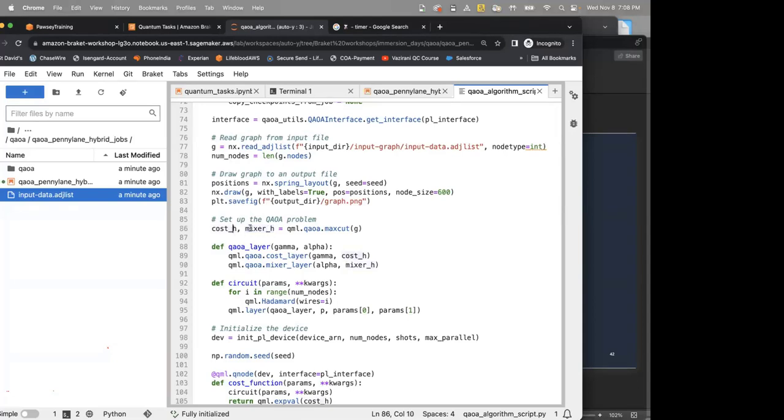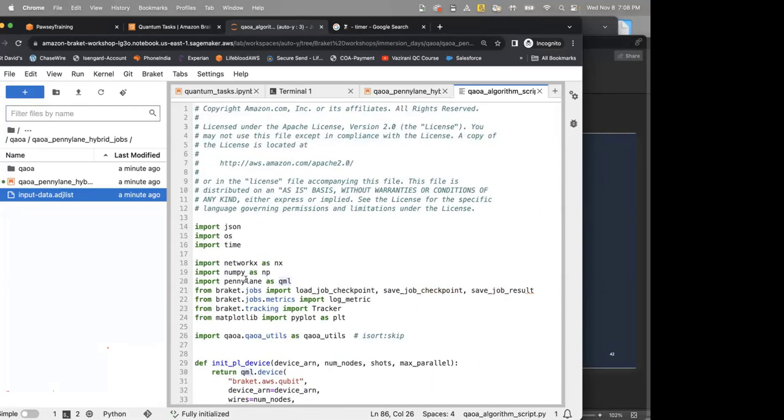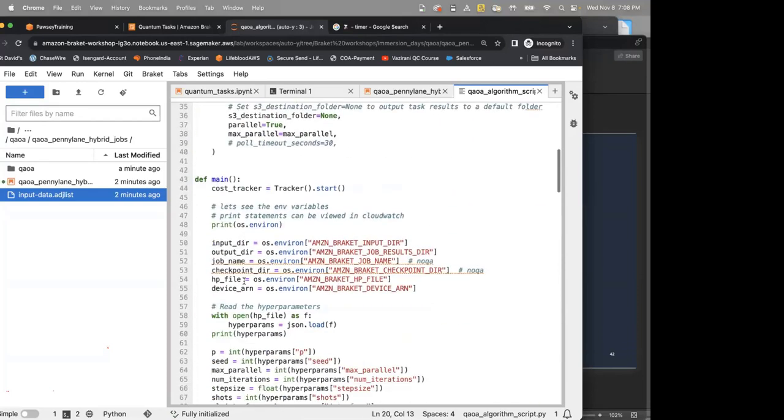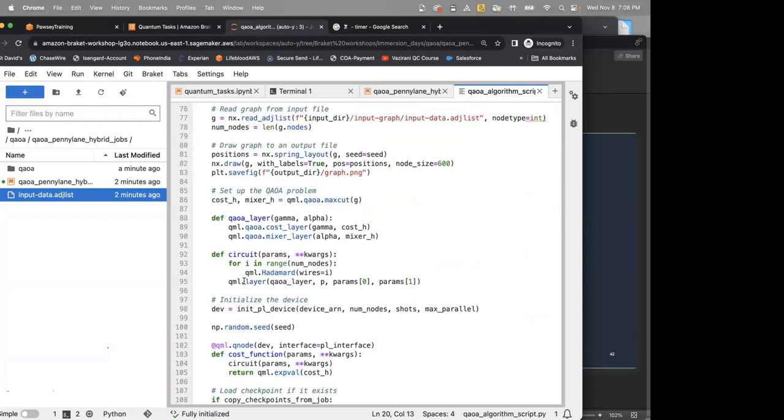Basically, these functions can be called from QML, which is PennyLane. The PennyLane package has built-in cost and mixer Hamiltonian functions that, depending on the graph, give you the exact form. Then you build all the QAOA layers, like layer 1, layer 2, with parameters gamma and alpha, for instance.